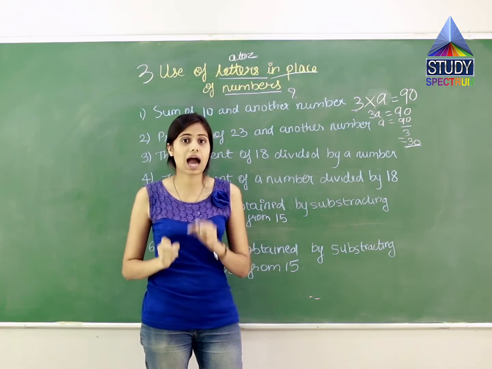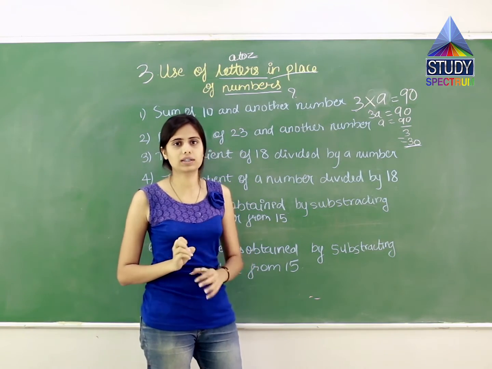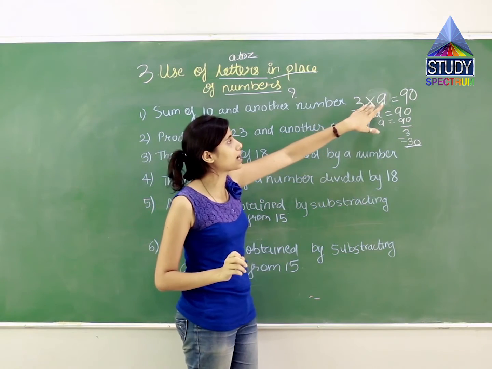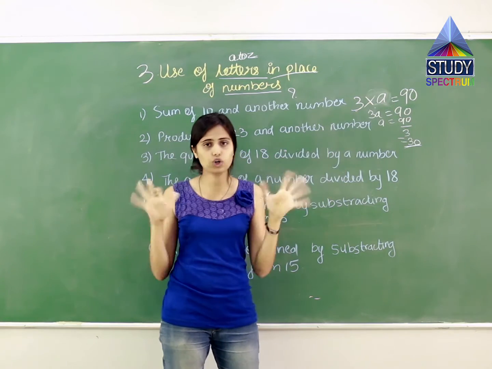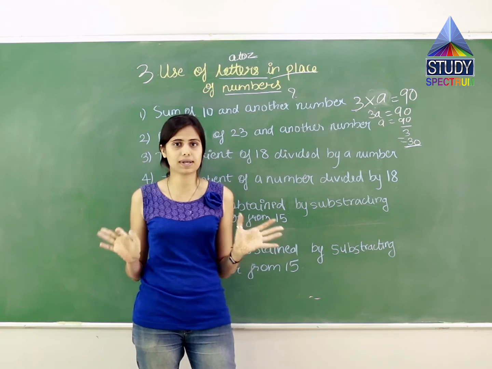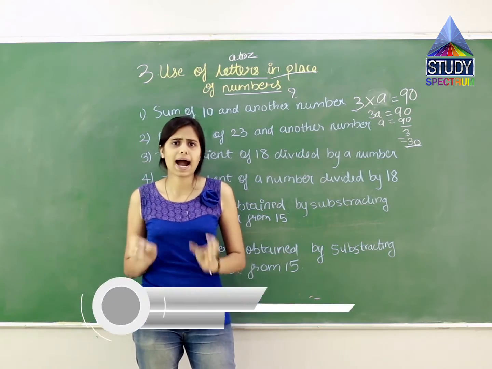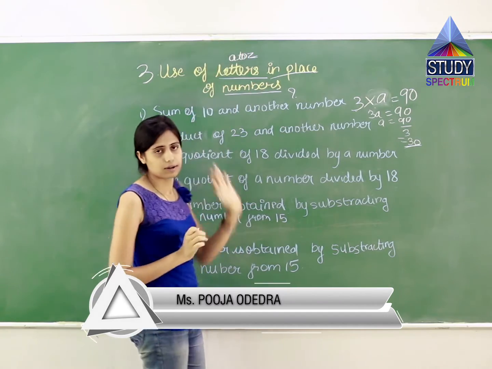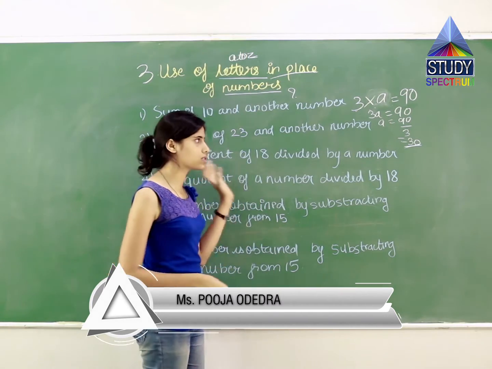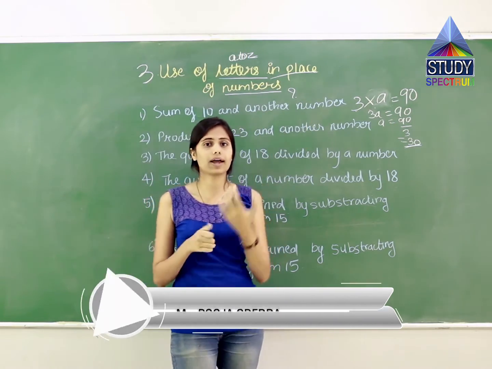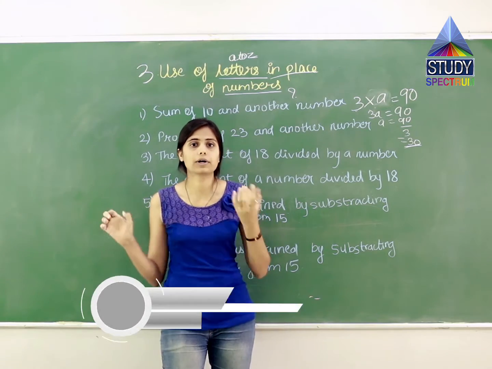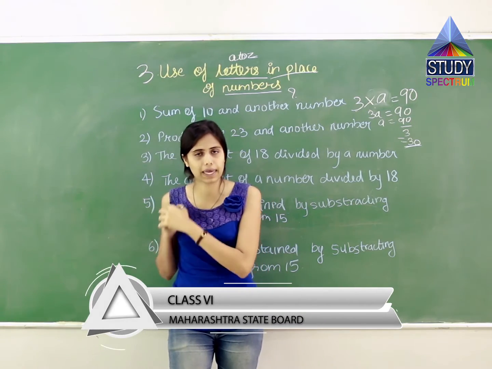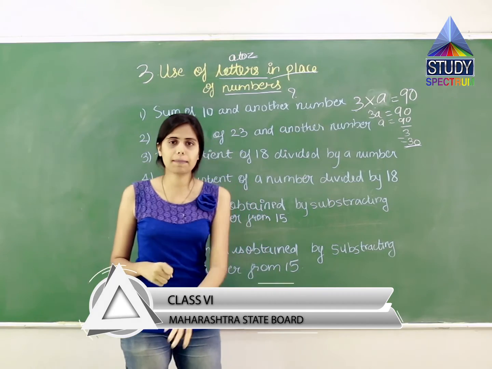Why is this possible? How can I calculate this? I can calculate this by replacing the number I don't know. I didn't know how many pencils I got, so I replaced that number with an alphabet or a letter. So this is used when you don't know some number, but you know both the price of one pencil and how much was paid.